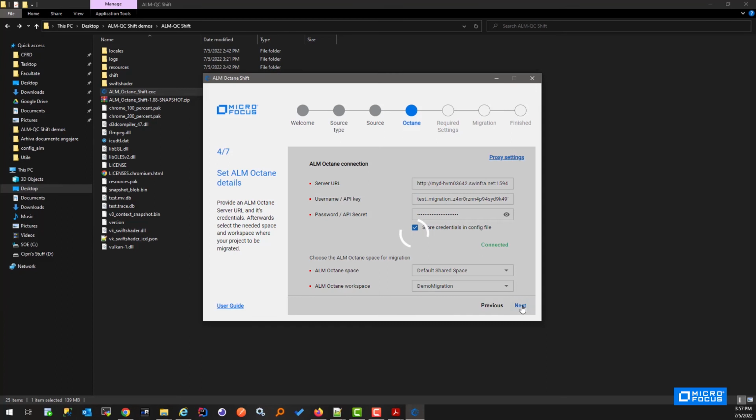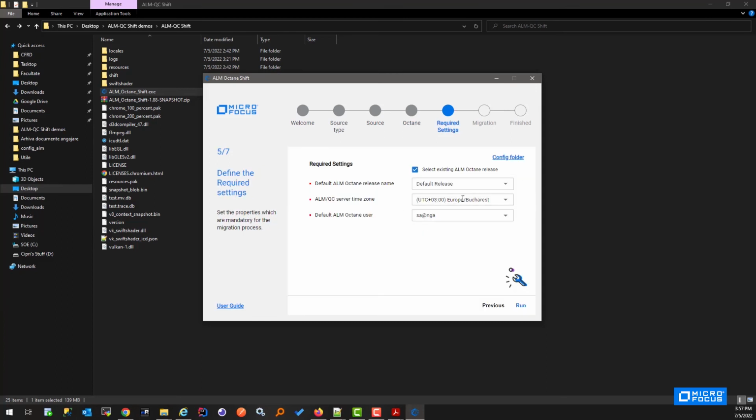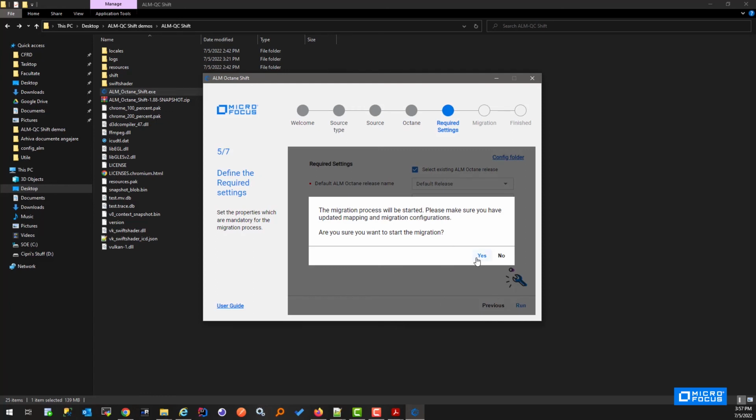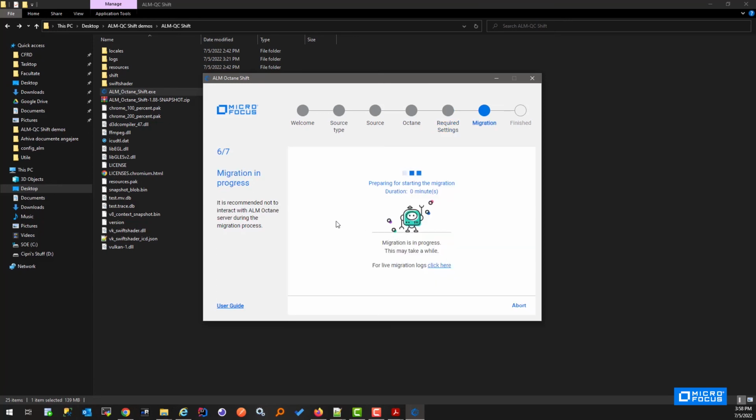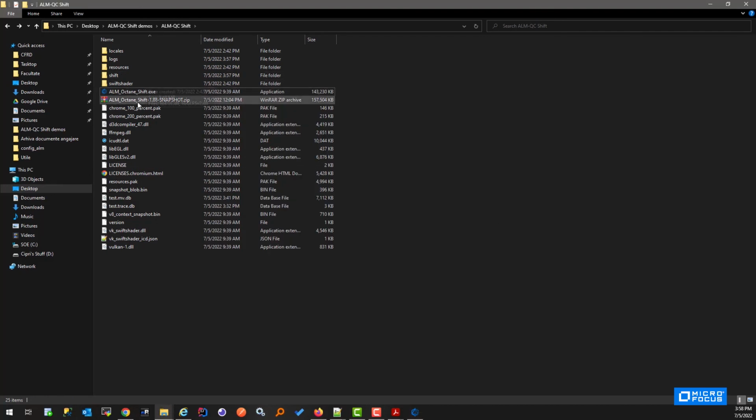Connect again to both endpoints. After we've already configured or removed the filter we had on the defects, we'll run the full migration now, along with the modifications we did on the Octane side, where we should get the rest of the attachments. I'll click yes. And while the migration runs, I'll also show you where you can run the version of the